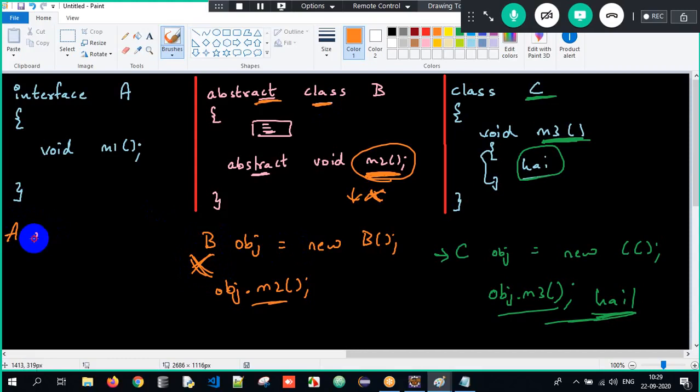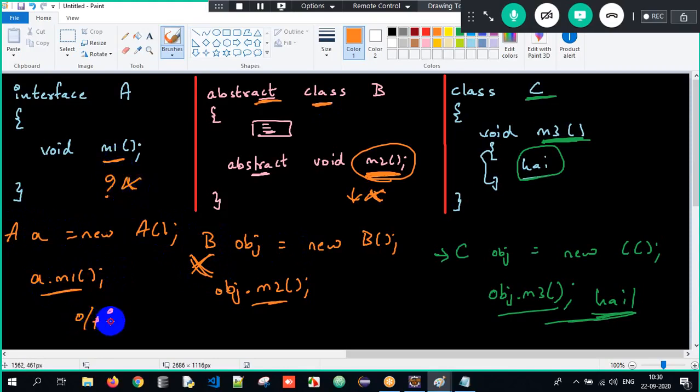An interface is the same. A equals new A, and if I try to call the M1 method, is there any implementation? No. So what will be the output? Nothing. Therefore we cannot create an object of interfaces or of abstract classes. In Java, you can create objects only for concrete classes.